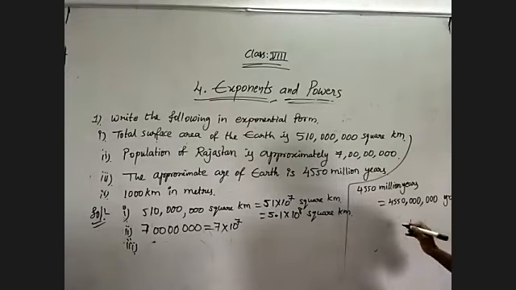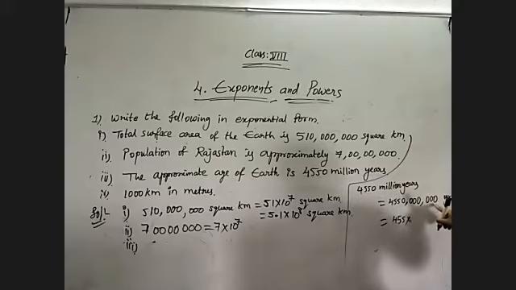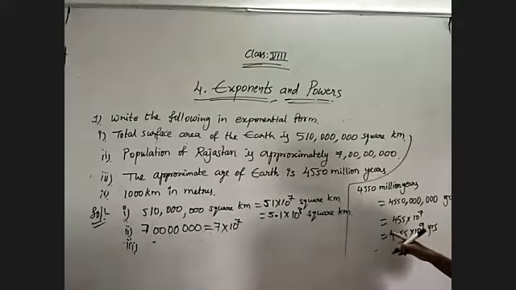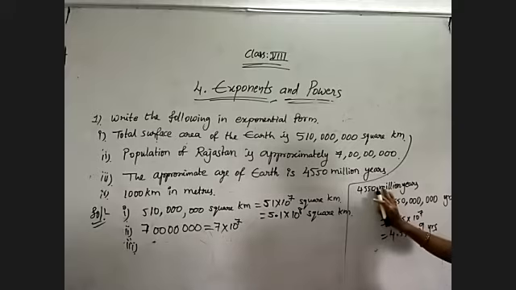Now write in the exponential form. As I told you, 455 into 1, 2, 3, 4, 5, 6, 7 zeros, so 10 power 7. But it is not in the standard form. So only one digit I have to take before the point, that is 4.55. Now I have taken two decimal digits, so 10 power 7 plus 2, that is 9 years. 4.55 into 10 power 9 years. Otherwise, leave the first digit, count all the digits 1, 2, 3, 4, 5, 6, 7, 8, 9. That is 4.55 into 10 power 9 years.